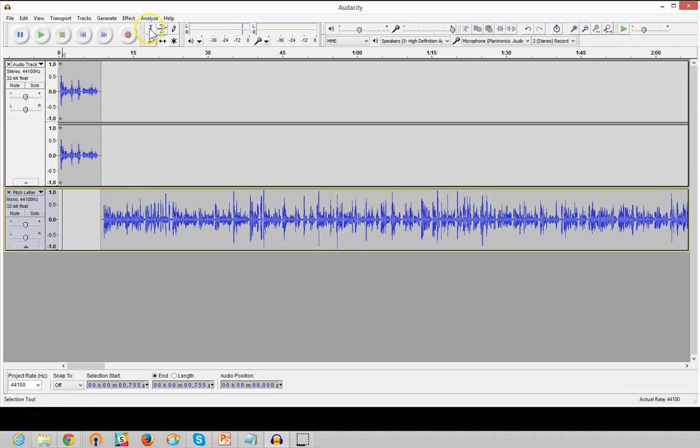I'm going to go back to normal mode here. That's the selection tool. And then I'm going to hit play once I put my cursor back at the front. Oops, let's put it right there. And